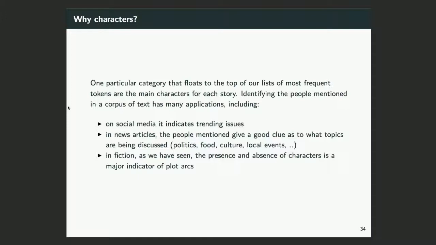We often want to know: are we talking about politics? Are we talking about movies? Are we talking about TV? Are we talking about music? And also, what are we actually talking about? If we see Kim Jong-un mentioned, we know we're talking about something in Korea. If we see Trump mentioned, we know we're probably talking about US politics. So the people often tell us what's actually going on, what the main themes and locations are, and what